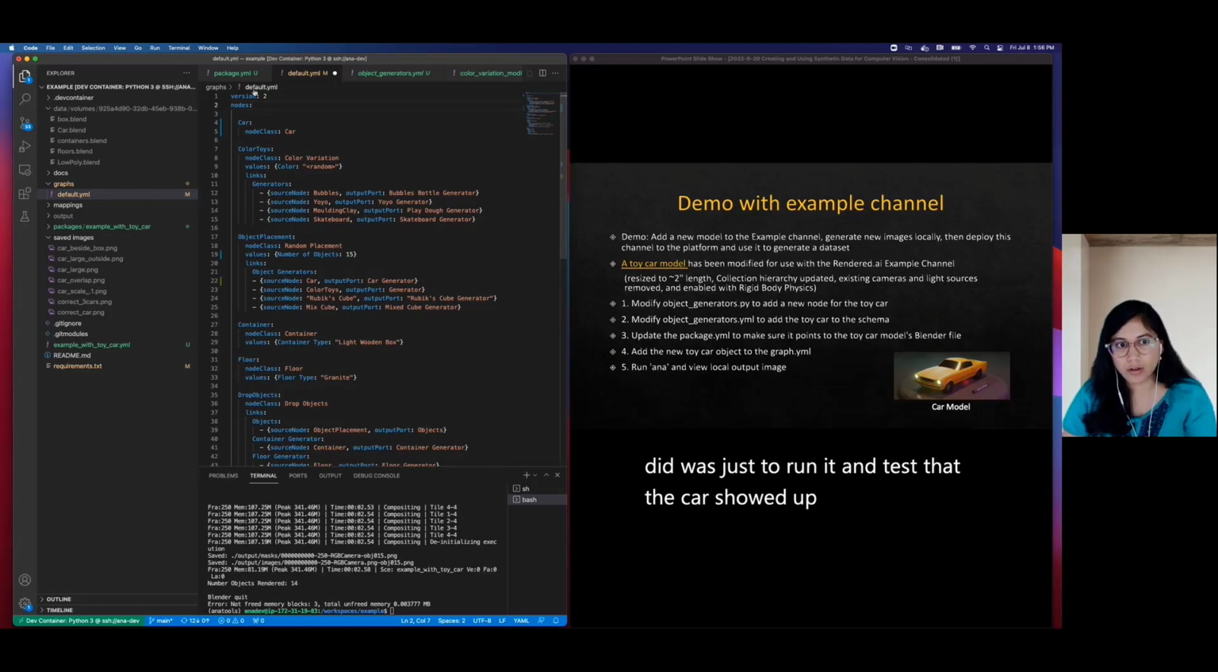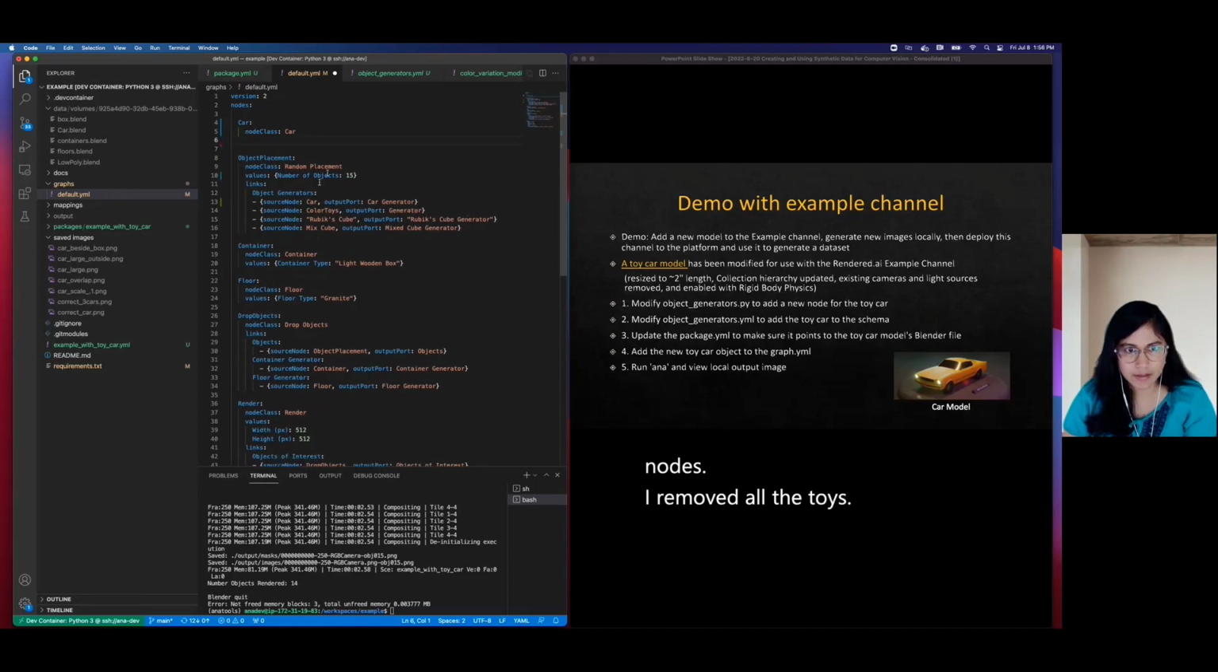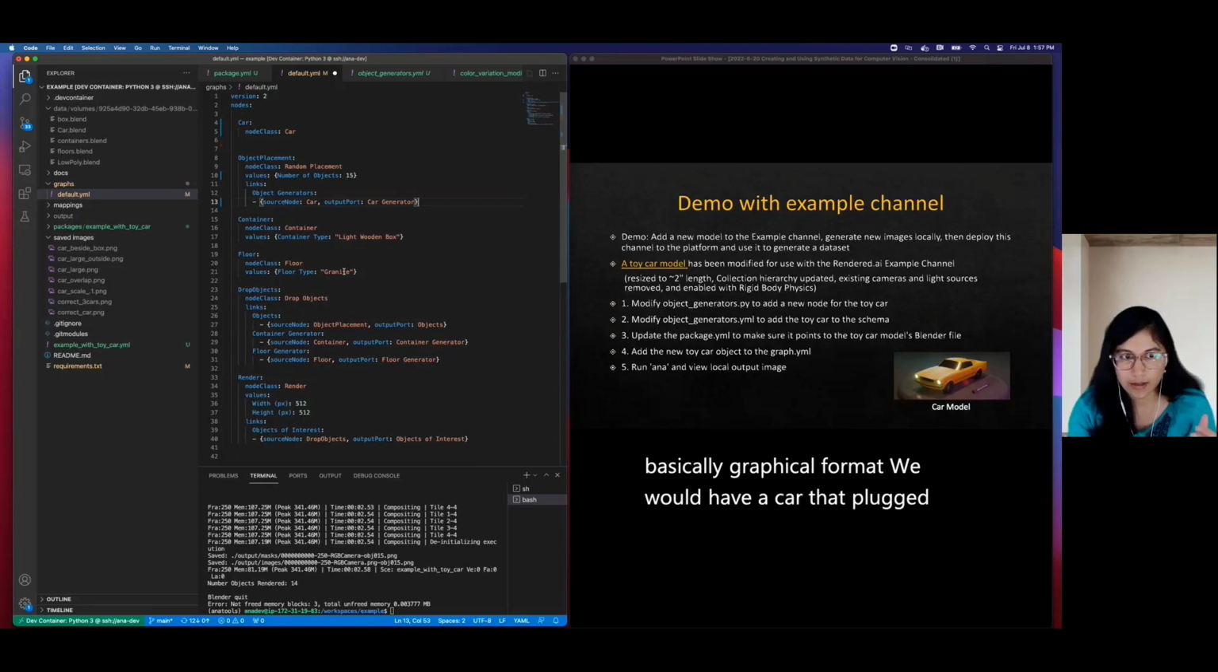I removed all the other nodes. I removed all the toys. And I kept the object placement generator and just kept the car in there. So in graphical format, we would have a car that plugged into the object placement that will be used, and the object will get dropped into a container,